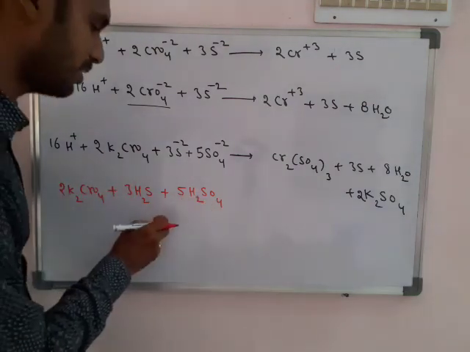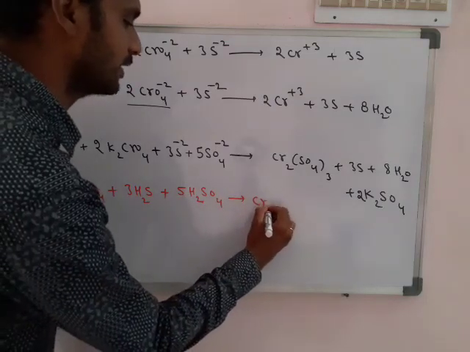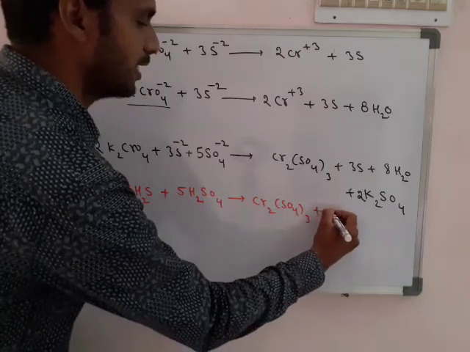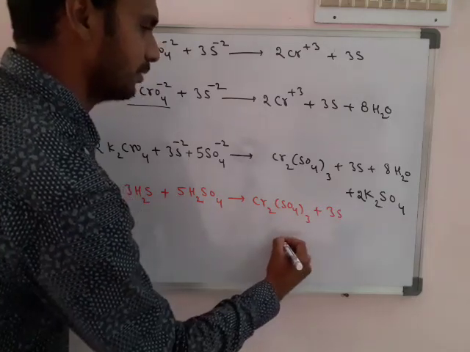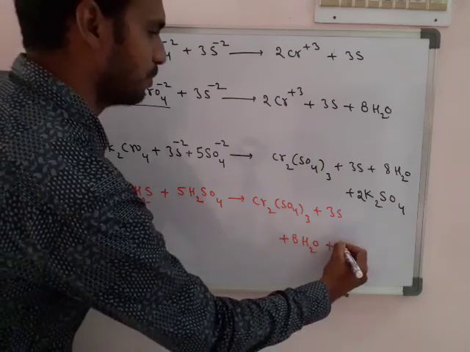It means the answer may be in a form like this also. That's why we changed the answer into another form also. Here 3S, S does not change. Here there is nothing to change. 8H2O plus